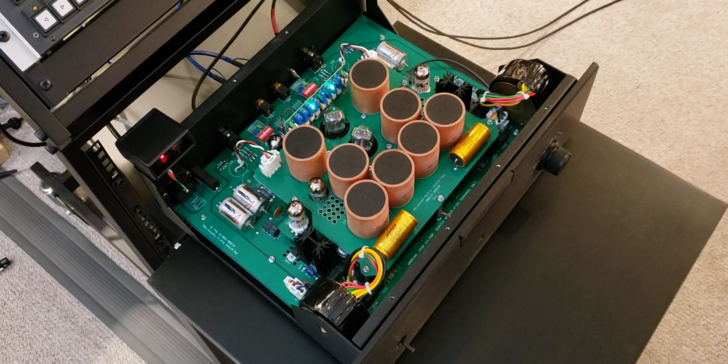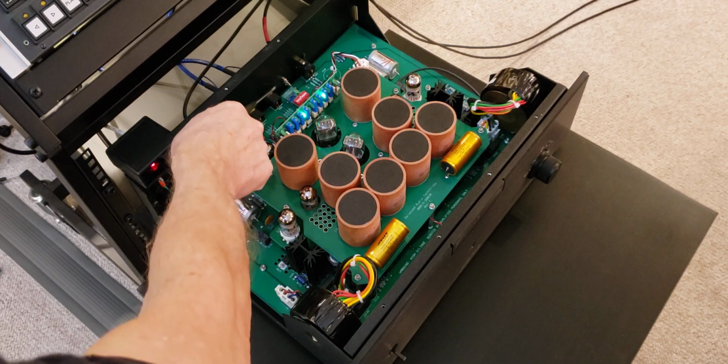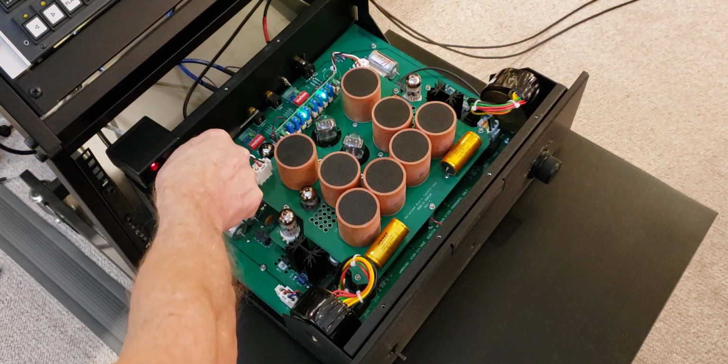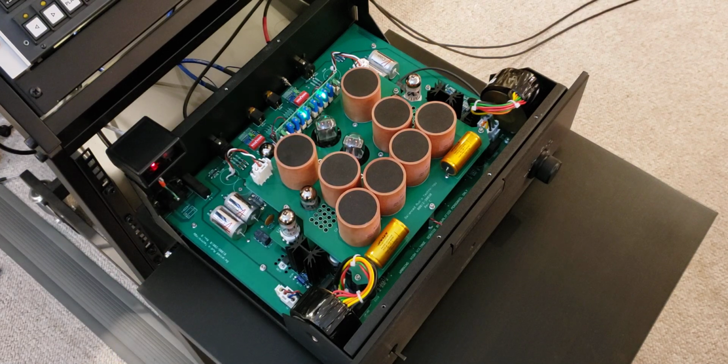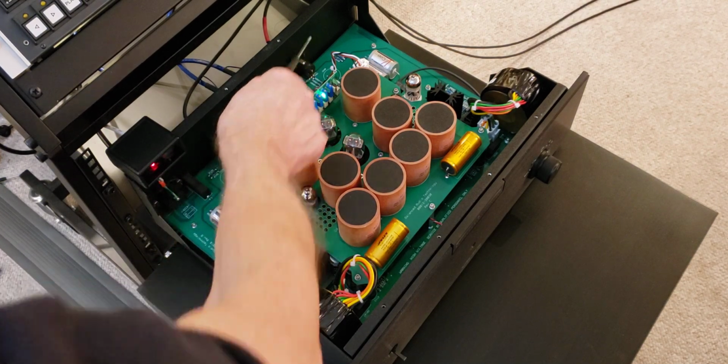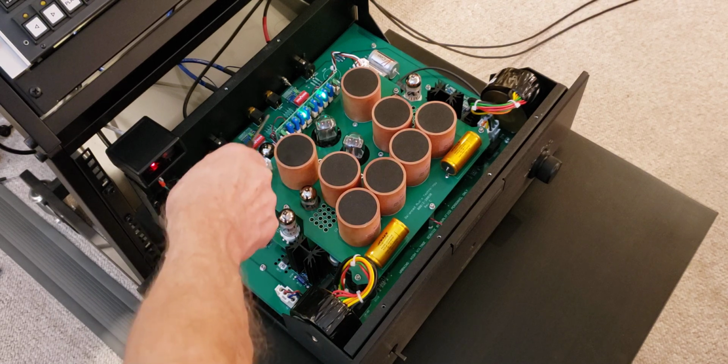So let's take a look at the internal structure of this unit. We'll start with the input connectors. You have 2 RCA connectors here feeding the signal inside, and you have balanced outputs because regardless of the input circuit, the whole internal architecture of this unit is fully balanced, except for the input connection. You see the 10 tubes,